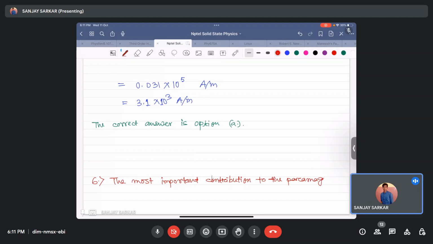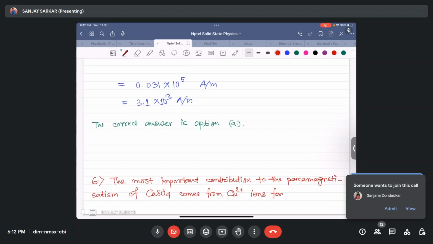By the way, if you have any problem, any doubt about these questions we have already solved, you can ask. Paramagnetism of CuSO4 comes from Cu2 plus ions,